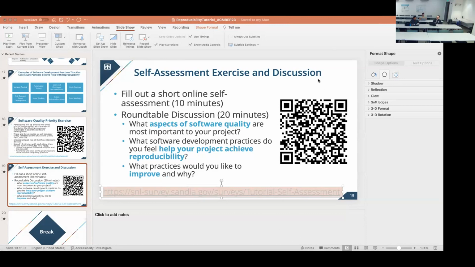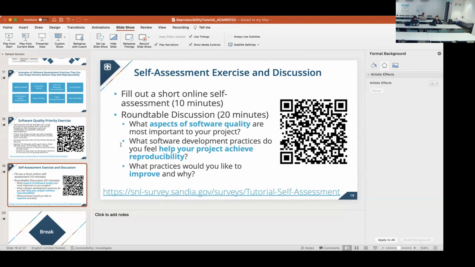Now, if you refresh, if you access that link that I just put in the chat, where you type this in or scan the QR code, there's a small self-assessment, and this relates to, if you can think of a project that you're working on or that you're interested in. If you can't think of anything, that's fine. You can still contribute to this discussion. But if you want to fill this out,